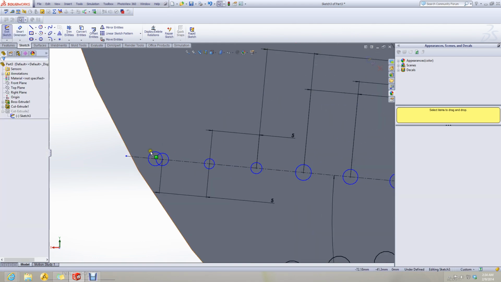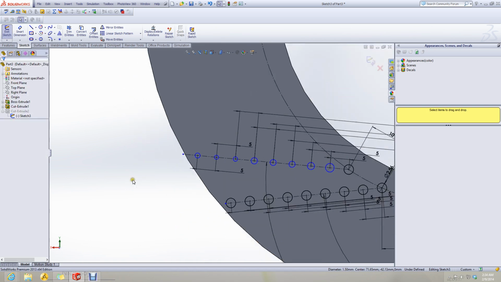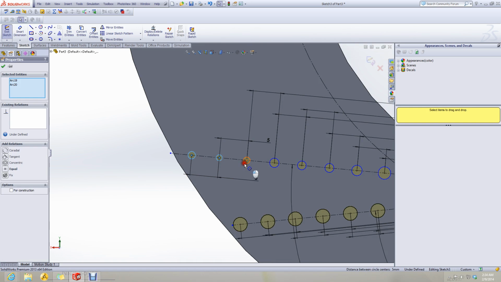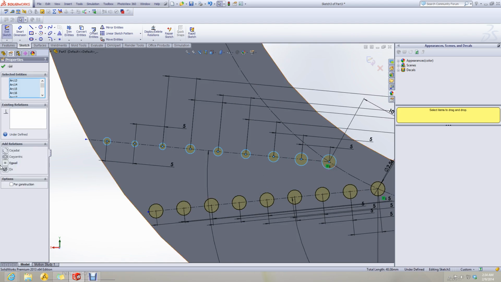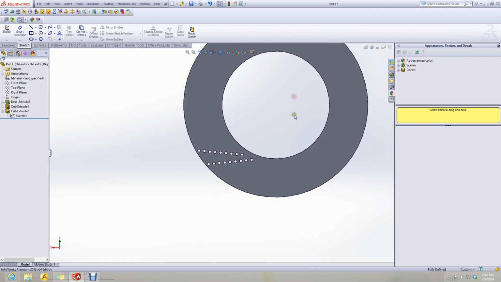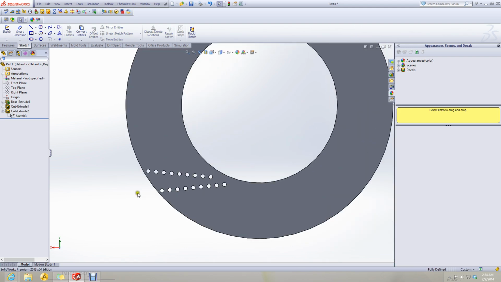Okay, 9 circles are complete. They all are equal. Again applying the equal constraint, like so. Okay, now circles are done.